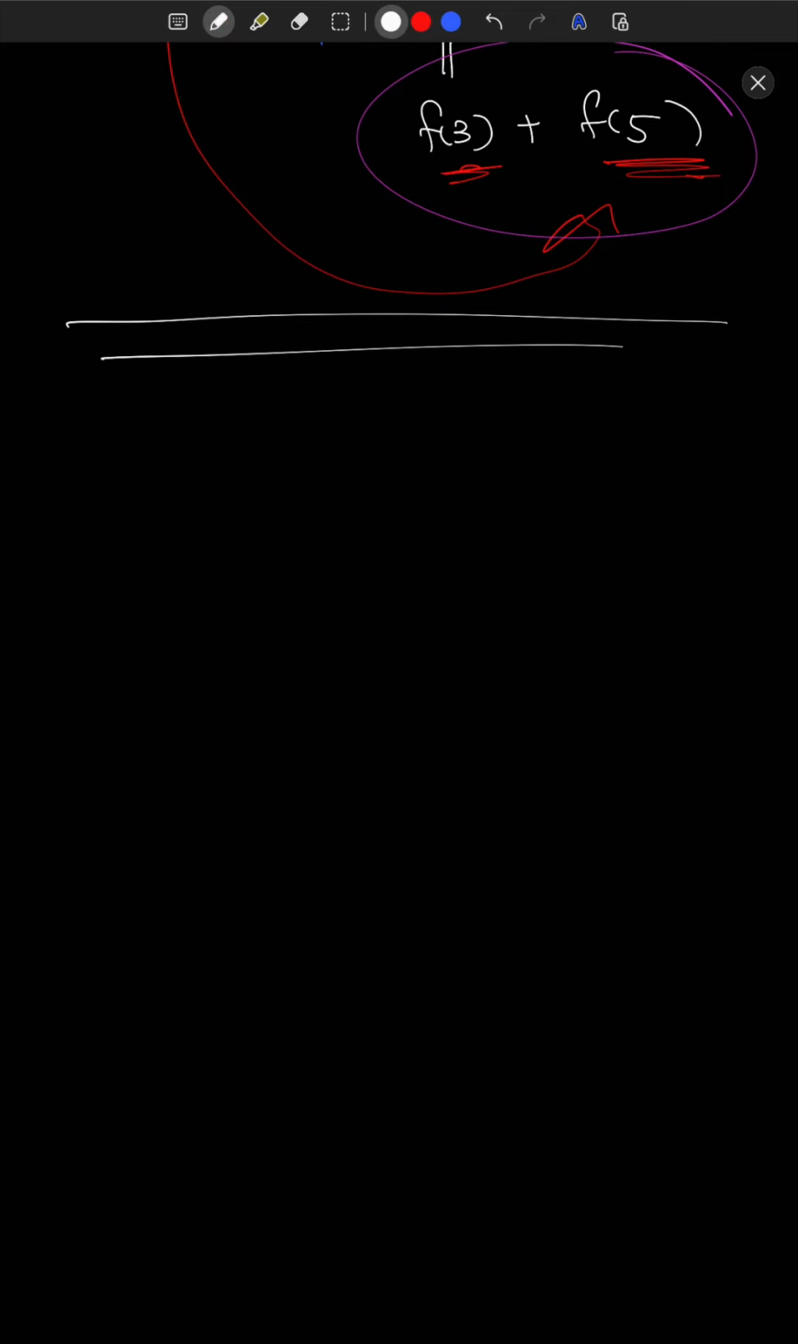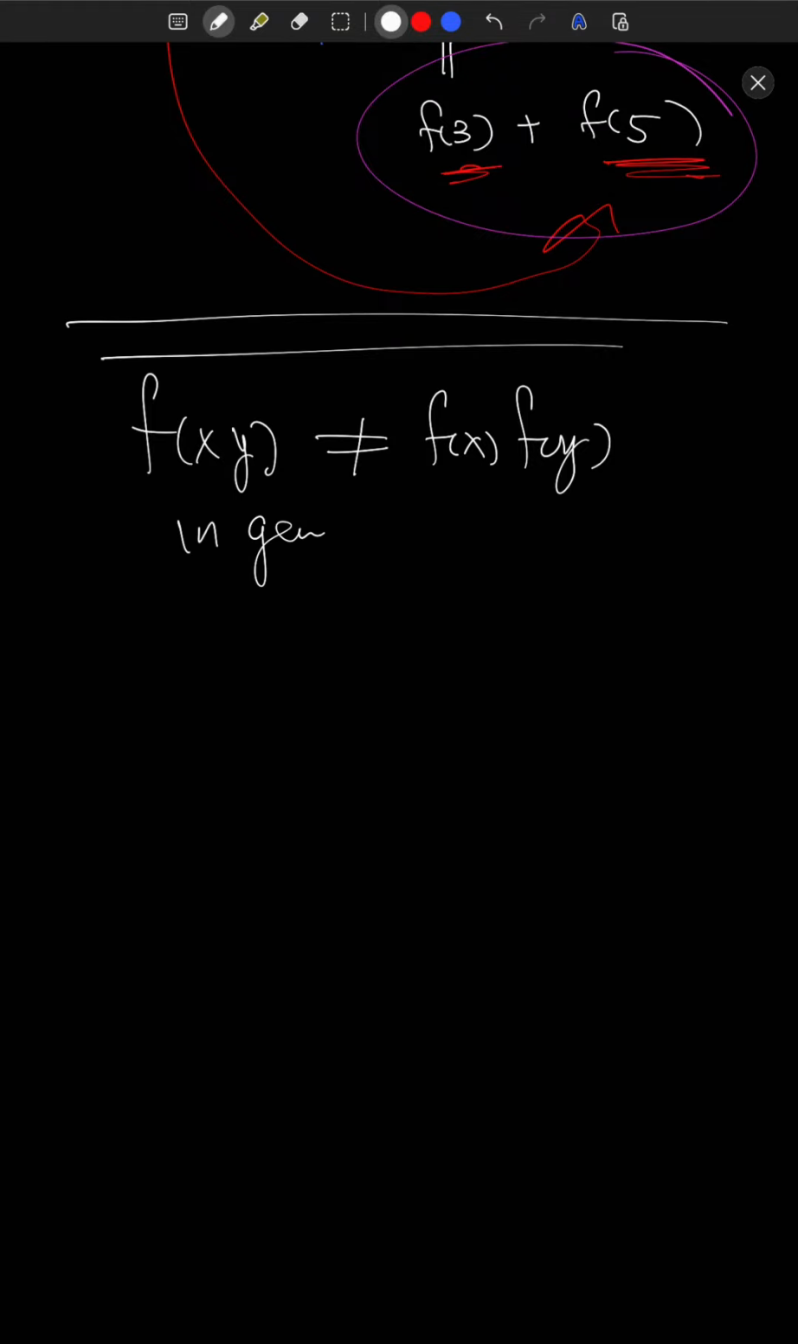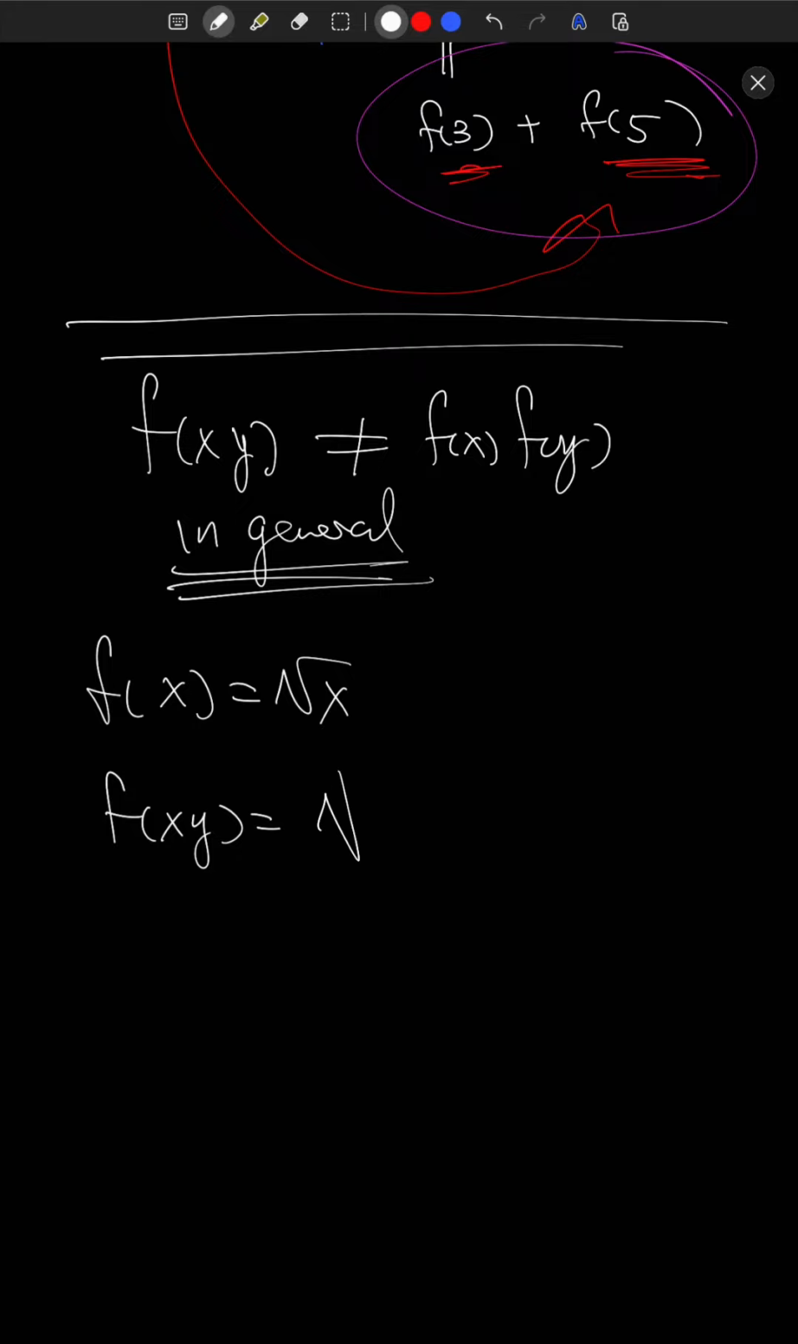Okay, in the same way, I focused on addition here, but it's also true for multiplication in general, right? So f of xy is not equal to f of x times f of y in general, right? But there actually are some examples where it does work. So if I look at f of x equals square root of x, then f of xy is equal to square root of